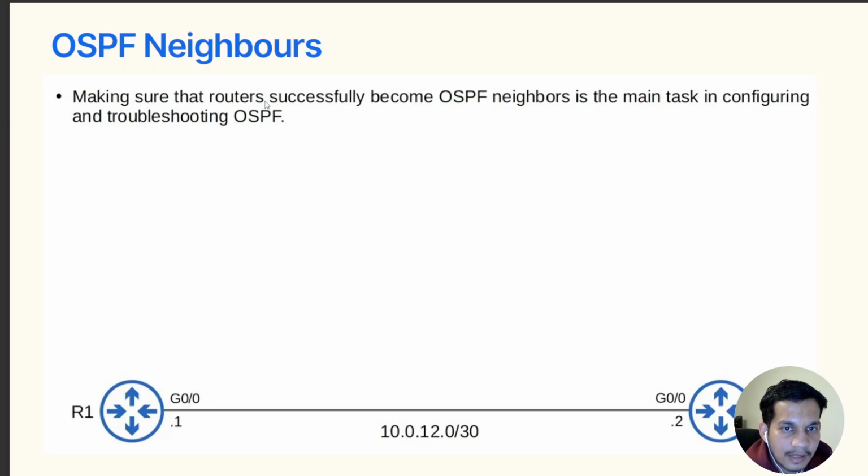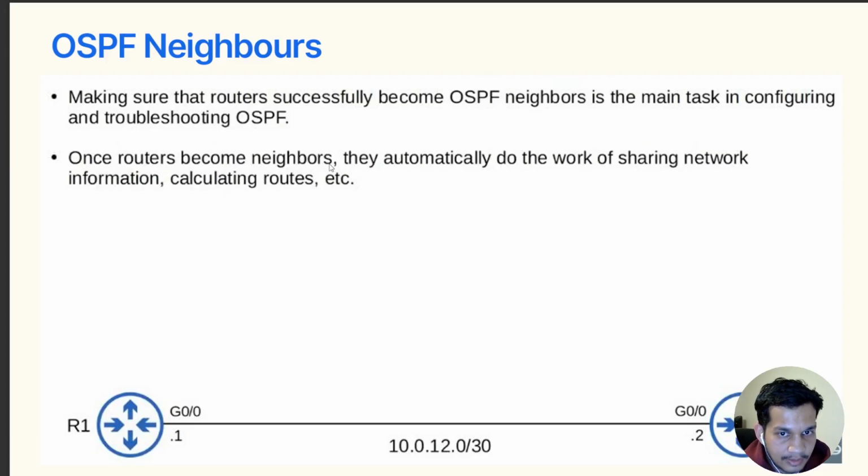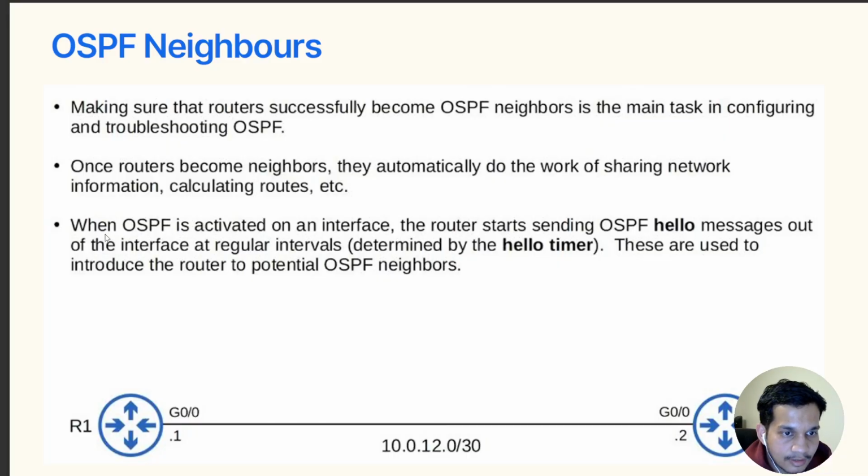Making sure that the routers successfully become OSPF neighbors is the main task in OSPF and for troubleshooting OSPF. Once the routers become neighbors, they automatically do the work of sharing network information, calculating routes and many other things. When OSPF is activated on an interface, the router starts sending OSPF hello messages out of the interface